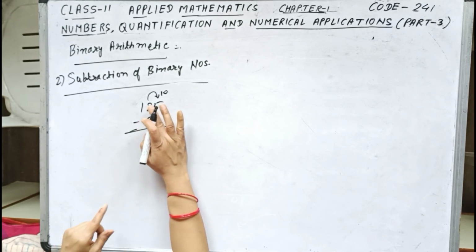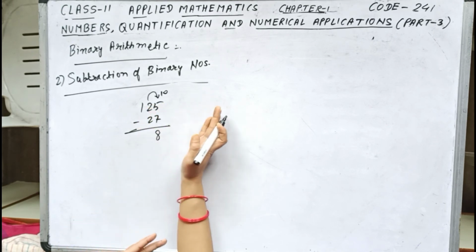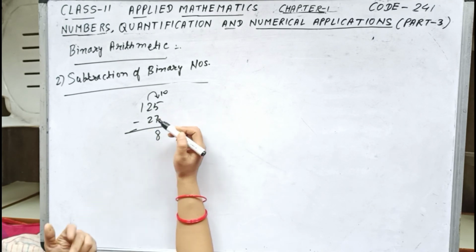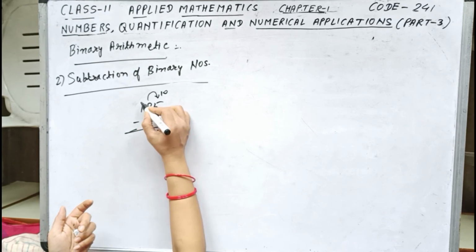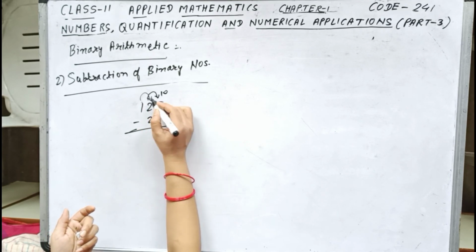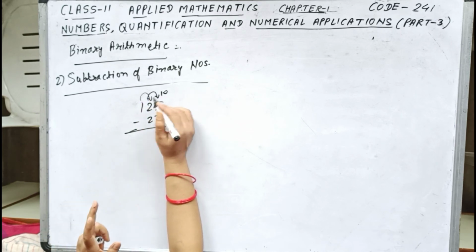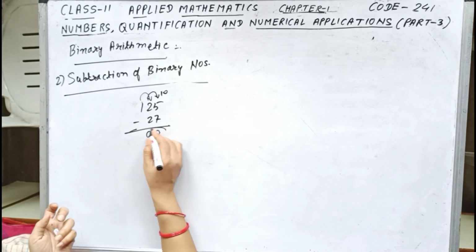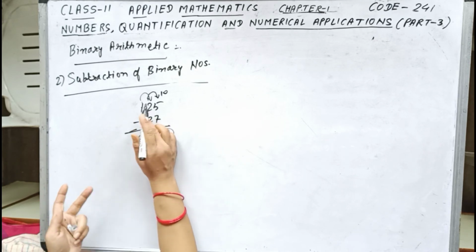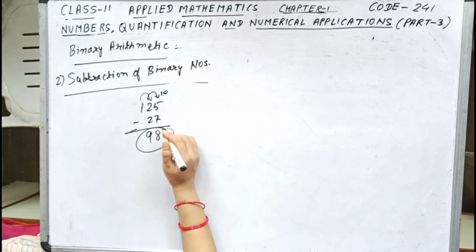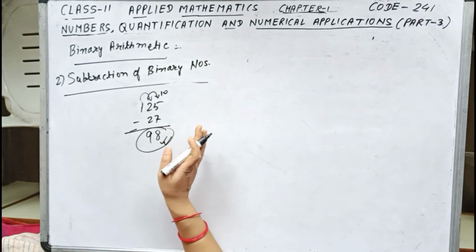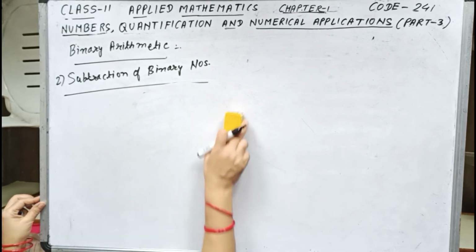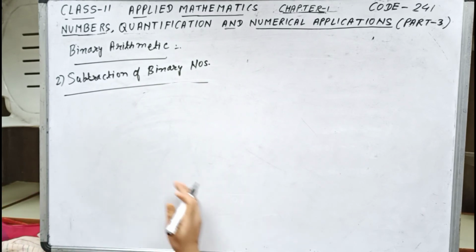Again over here the remainder is 1, because 1 from 2 has shifted to the ones place. Now 1 over here, 1 minus 2 we cannot do, so again it will take 1 from here. This 1, when it is shifted to the tens place, will come as 10. So 10 plus 1 is 11, and 11 minus 2 is 9. So the answer is 98, because this 1 minus 1 has become 0 only. In the decimal system we know how to subtract numbers. We have been taught from the junior classes. It's just a revision, because the same method has to be followed in binary numbers also.